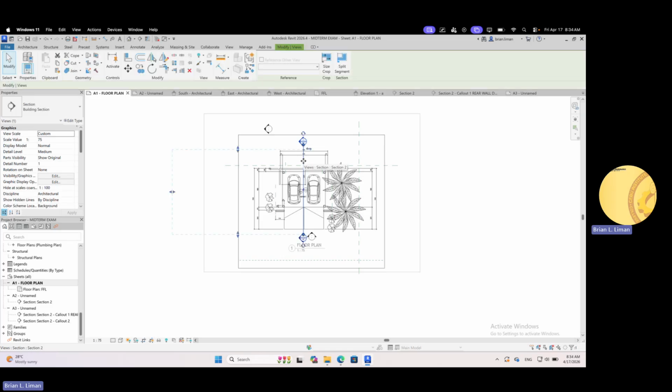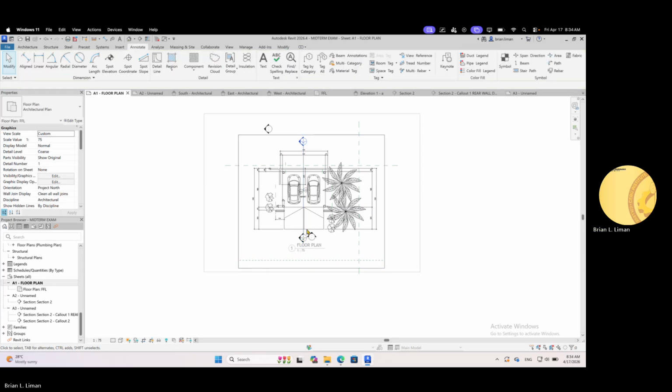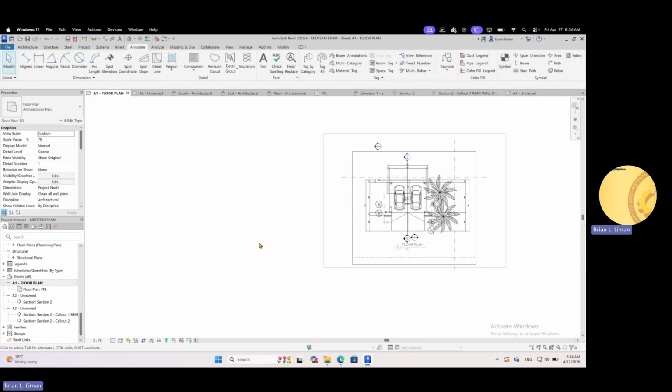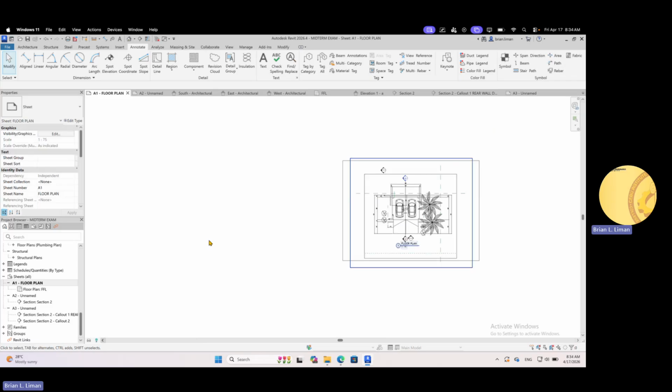It gives us an idea. Okay? So, reflect dimensions and other necessary labels, like the label of the space, carport. Okay? Then, that's it, class, for this page.